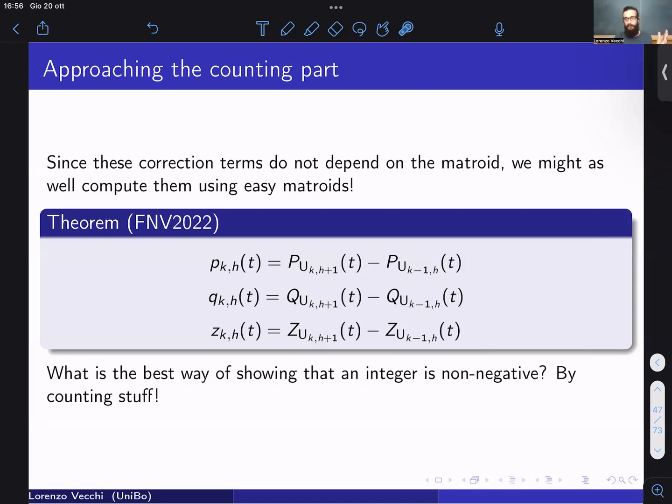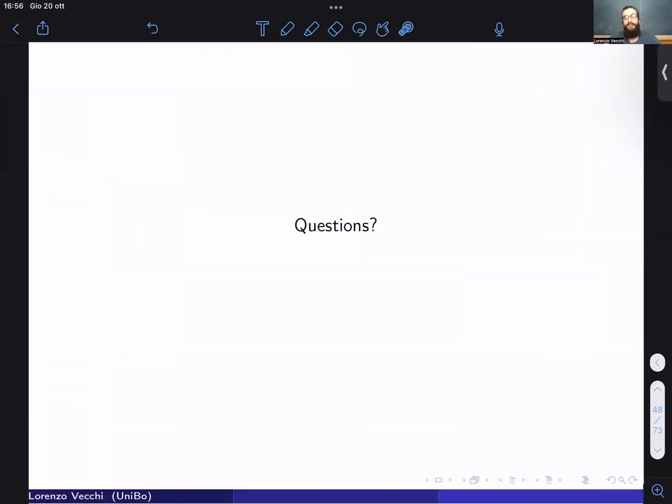So indeed, the formula from before is indeed a closed formula. Now, to give an answer to all those open problems, I would like for these polynomials to be non-negative. And for us combinatorics inclined, what is the best way of showing that an integer is non-negative? We want to prove that it's counting some stuff. So with this cliffhanger in the middle of the talk, I'm going to ask if there are any questions on